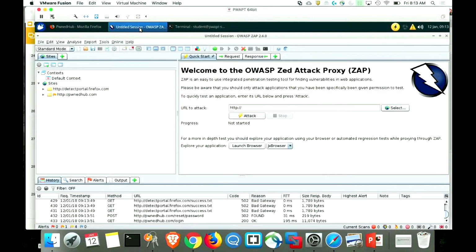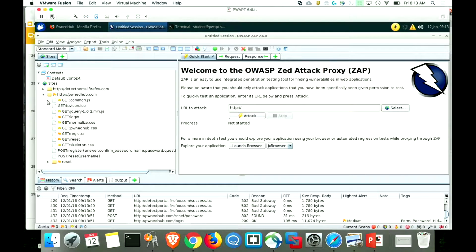And then if you go back here, you can see that we have started mapping out the application. You can see here that I've picked up a little bit of something. One thing I would warn you about here is you don't want to go testing other people's sites with this tool. You can get in a lot of trouble. This is only for stuff that you're working on, or you have explicit permission to assess.